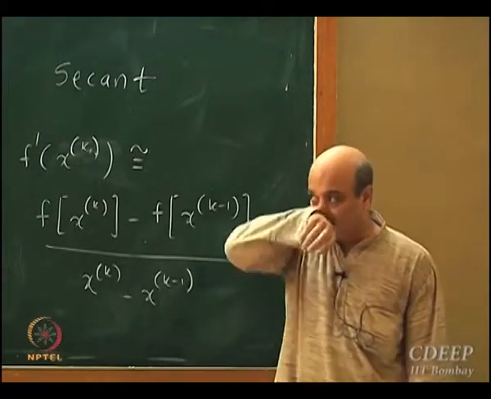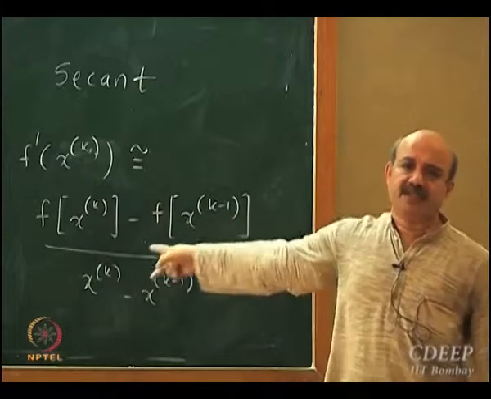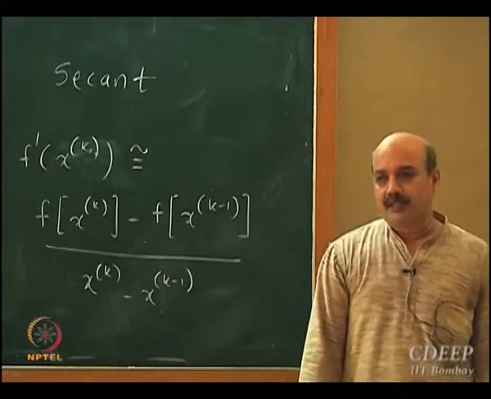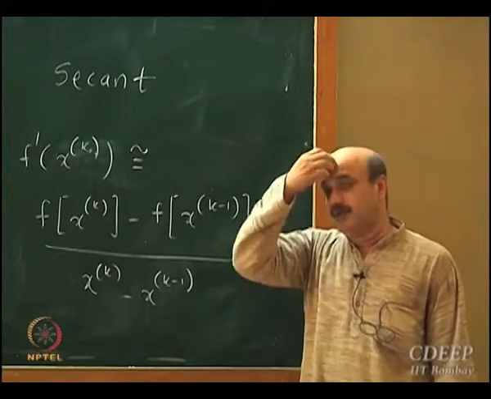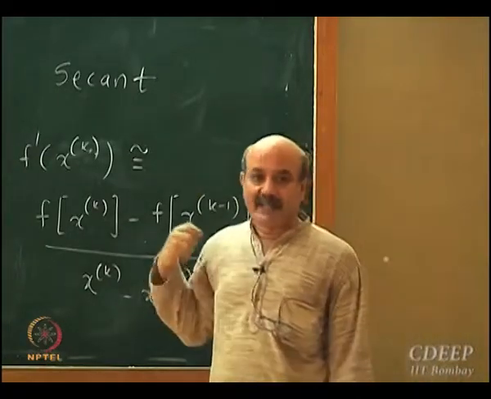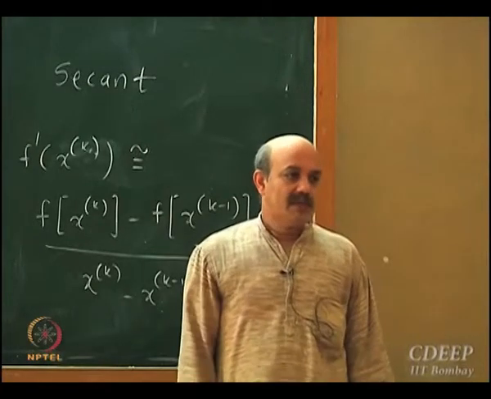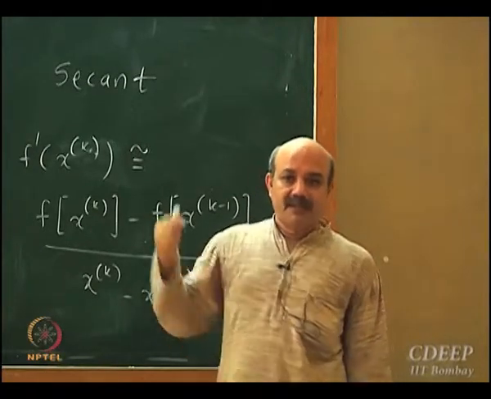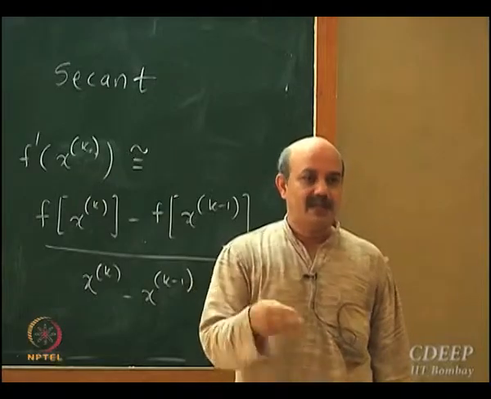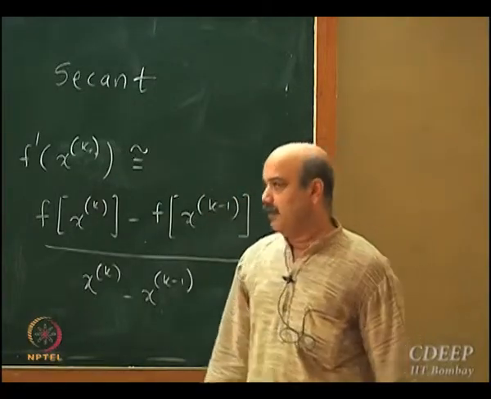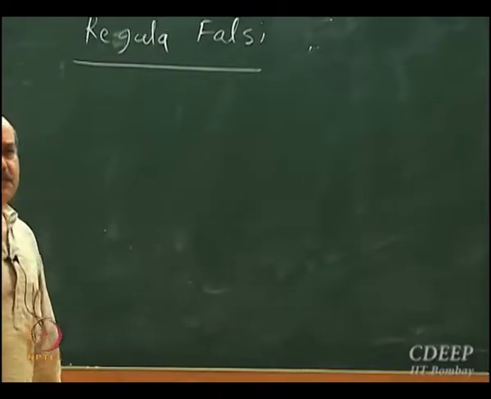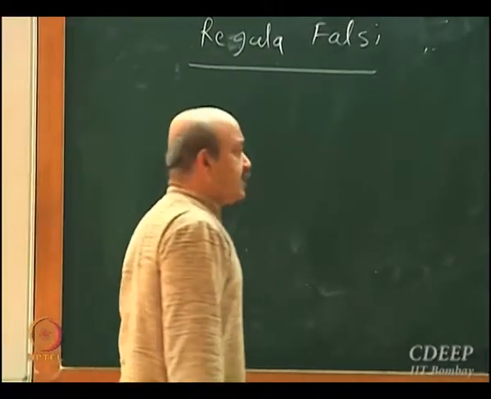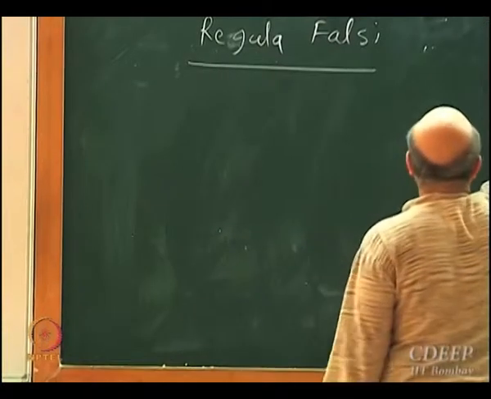Okay, there is one more variation of this method called regula falsi. Probably all these method names which I am talking about right now might be familiar to you from your BTech background, because one variable Newton's method, secant method, and regula falsi are typically taught in the undergraduate curriculum. The slight variation is based on the observation that if you have,